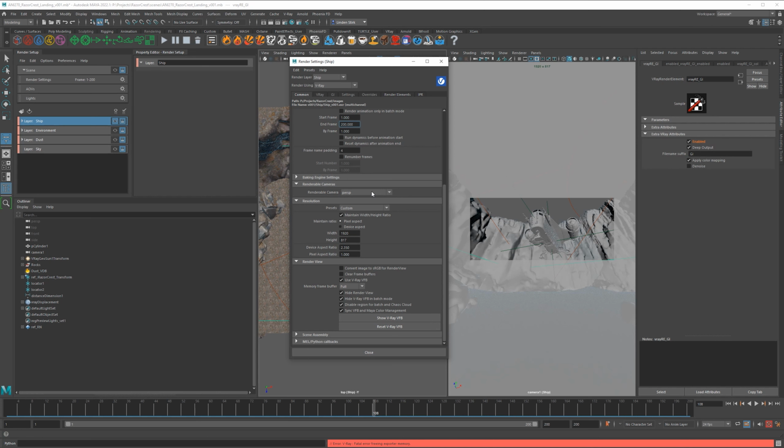Okay, so next is the renderable camera. This is important. You want to make sure this is set to camera 1. If you have multiple cameras, you can add more, but we're only going to be using one camera here. For the resolution, we've already set this. It's 1920 by 817, 2.35:1 aspect ratio. That's good. If you wanted to do 16 by 9, it would be 1920 by 1080. Well, you need to be turning your comps in at least 1920 by 1080 in the comp. So there'll be some letterboxing on our comp, but that's fine.